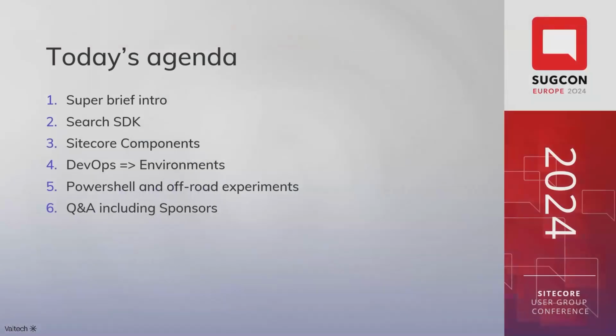We have a brief agenda that we want to go through. Starting by making a super brief intro to Sitecore Search, then talk a little bit about the Search SDK, about Sitecore components with Search. Then there is the DevOps part. Talking about DevOps also means talking about environments, how to handle that in the context of Search. Then a little bit of off-road experiments with PowerShell. Still tied to the DevOps part, and then Q&A and including sponsor slides,